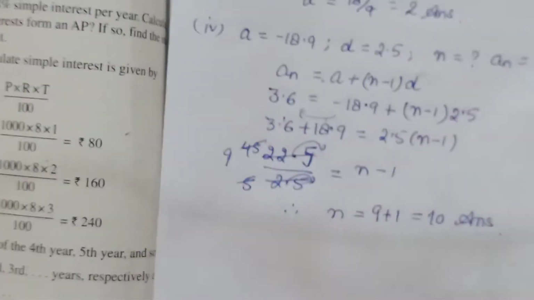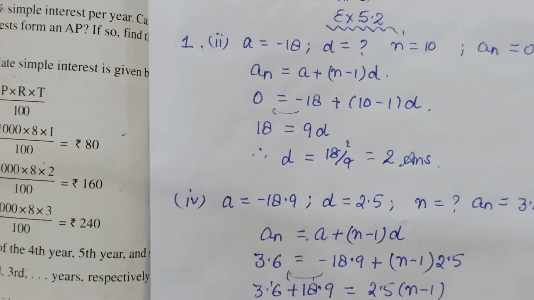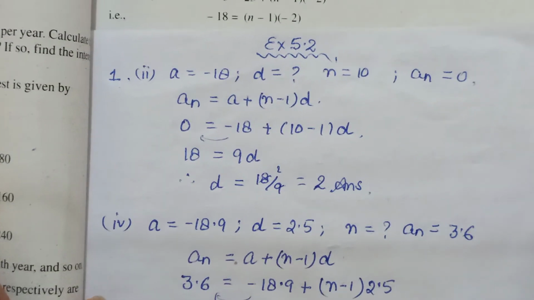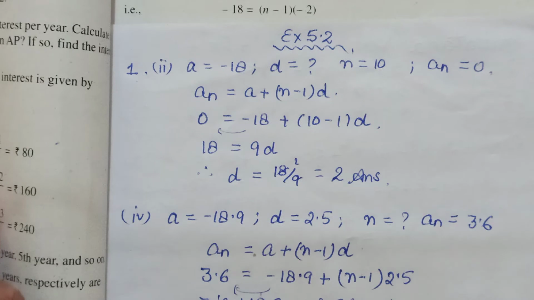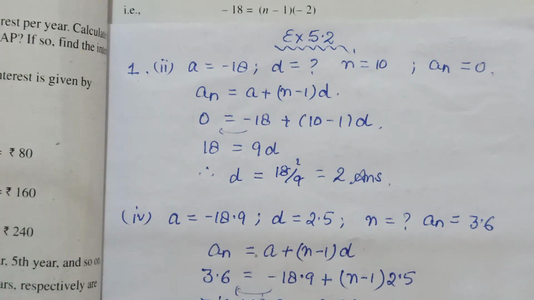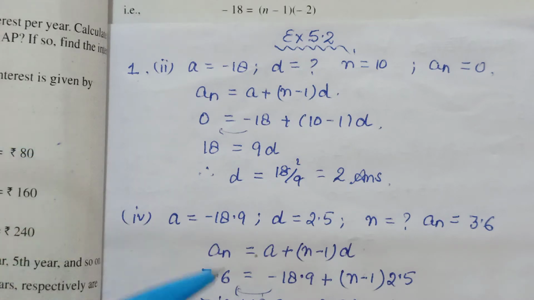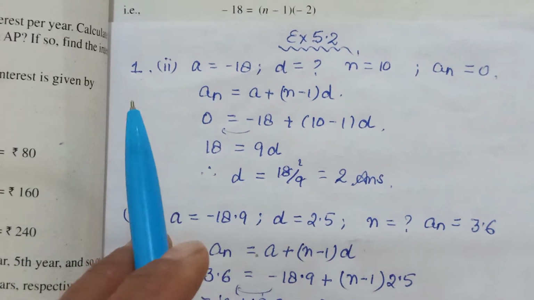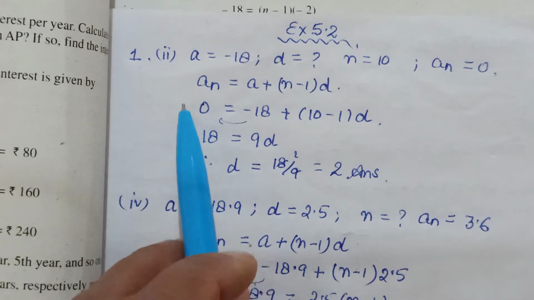I've done a few examples, and the rest you will try, because this exercise is all about calculation, children. If I do those questions for you and you simply copy those calculations, that will not help you. So you have to try doing these questions on your own. Where there is confusion, you ask me and I'll sort that out. That would be better, rather than me solving all the questions and you all blindly copying it. When you do it yourself, with the plus, minus, and multiplication, then you will realize what you are getting and what you are not. Anyway, for explanation and the way of writing, I've done 2 solutions here.